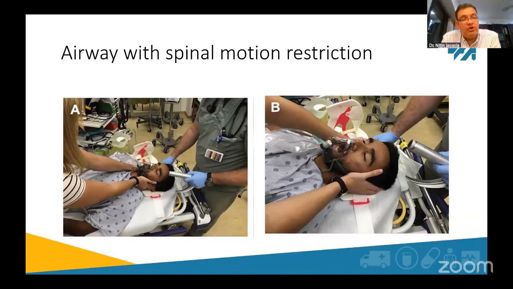A lot of our trauma patients can be agitated. So what do we do in those cases? Again, we don't want to make the injury any worse, so we won't be rigidly holding them down or tying them, because they'll move the rest of their body and can cause more damage. So you would try and minimize the movement that is possible. We don't fully immobilize them and can allow a little bit of movement because the actual trauma that happened is going to have put a lot more force through the spine compared to the movement we do, as long as we are cautious about it. So airway would always go with spinal motion restriction.